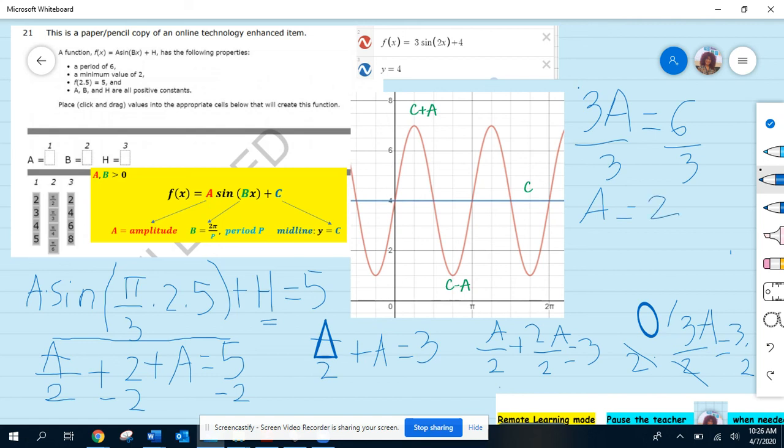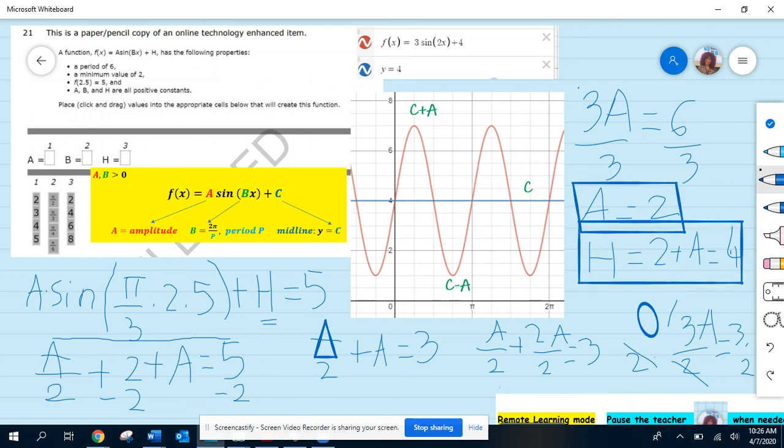So A equals 2. H, if you remember, was 2 plus A, and that means 2 plus 2, it's 4. So we have the A, we have the H, and as we found before, B, if you remember, was pi over 3. I hope that you